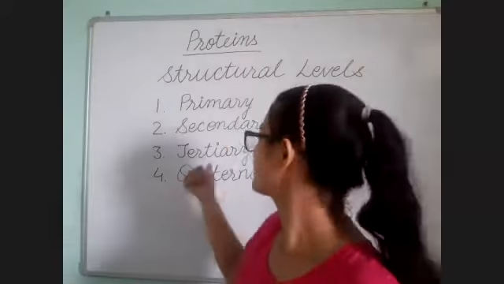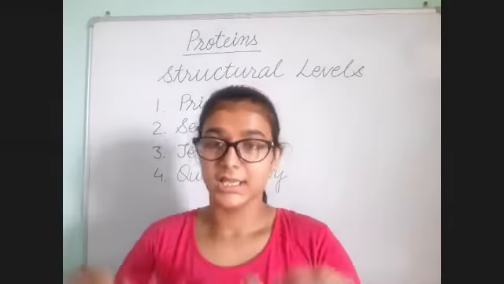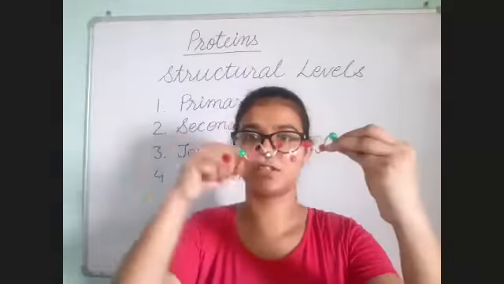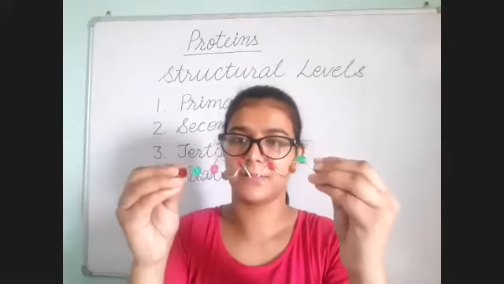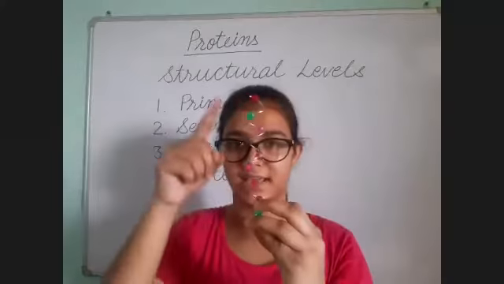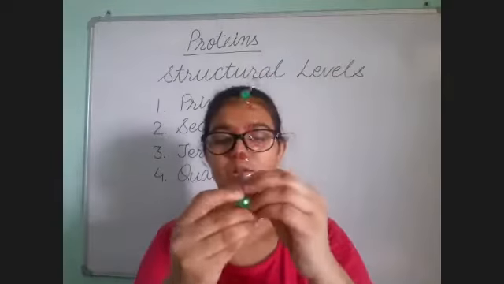Moving on to the next structure, this is the secondary structure of protein. In the secondary structure, the polypeptide chain is coiled. This is the coiled chain. It is present as a spiral like the spirillum bacteria. We can also say that it is like a revolving staircase. In this type of chain, we'll see how the bonds are made.